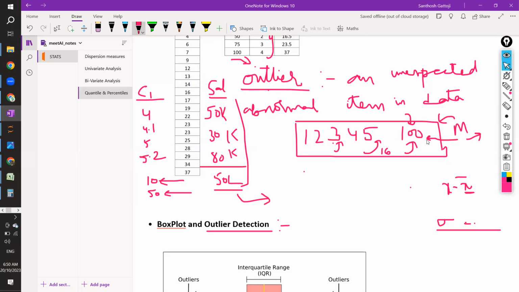Obviously the results will be biased. Fine. So that is the reason you should definitely keep an eye on the outliers. Okay, because data, guys, see one more reason why we are doing all this: